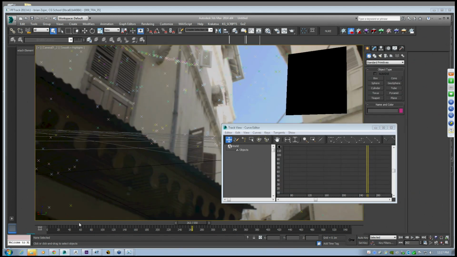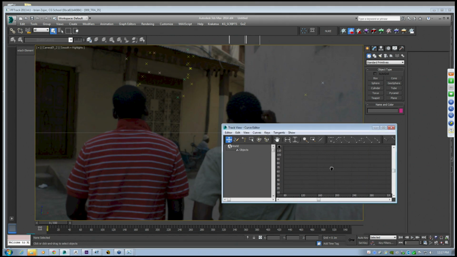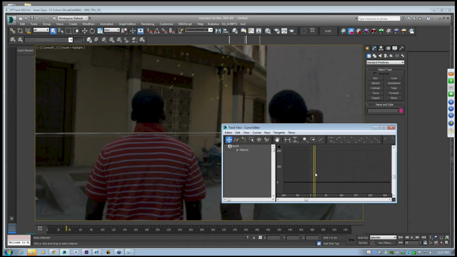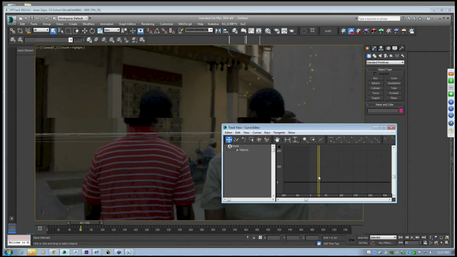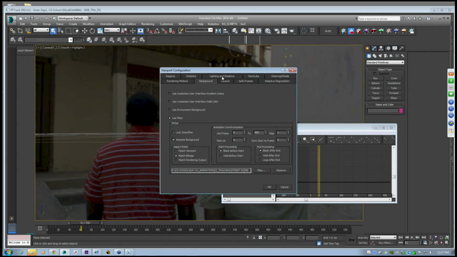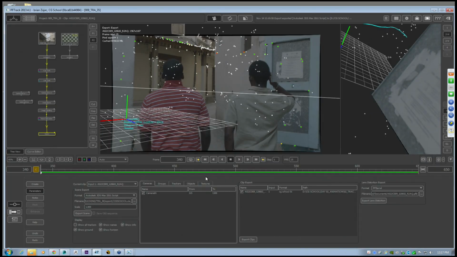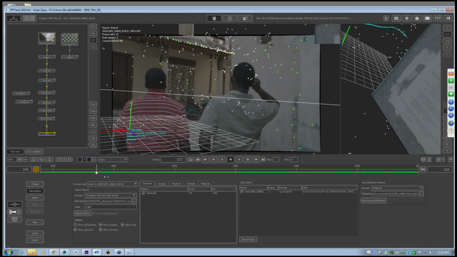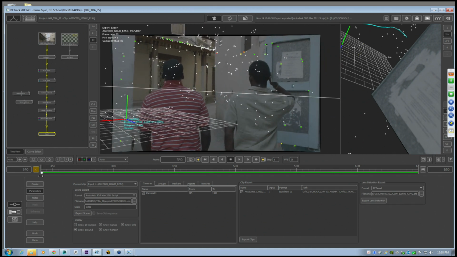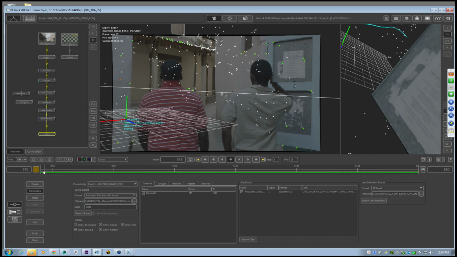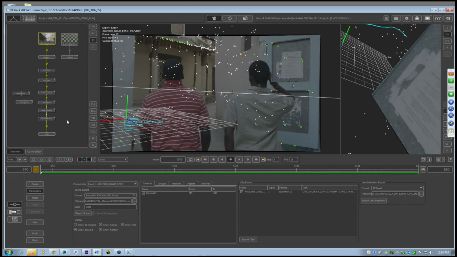See what happens when you start it on 0. See here, it's not matching up just yet because we need to make sure that we've exported the right frame range. This will take a little bit of tweaking if your track that you've exported from PFTrack is on a different frame range from what you're actually exporting. So this is starting from frame 340, but our original frame range of our footage, if it will update,